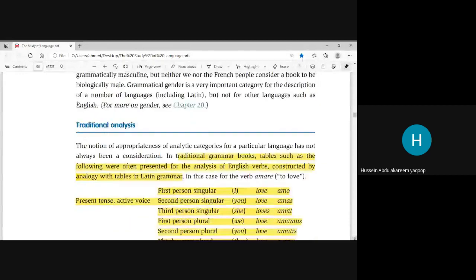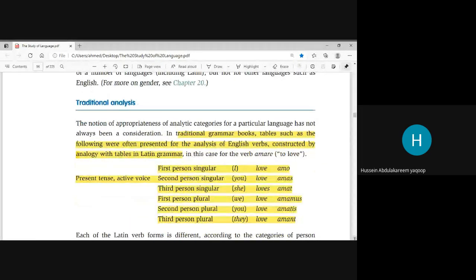With the traditional analysis, again, we are not far from talking about Latin and Greek. We said that the grammar we have in the English language is inherited from Latin and Greek. Why from Latin and Greek? Why not from Arabic? Why not from other languages? Because they are very close geographically, and they have some trades between these countries. They have the notion of conquest. So all these make